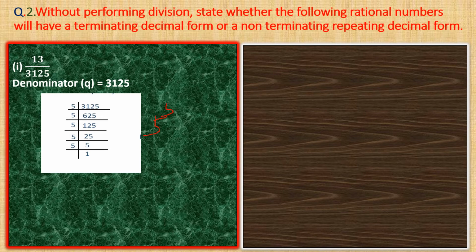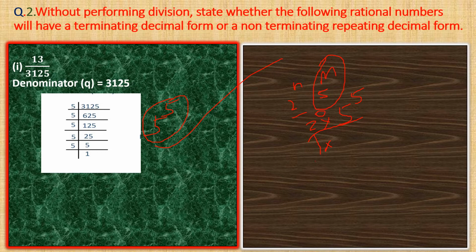So simple children, here it is in the form of 5 power n. Our formula should be 2 power n into 5 power m, or you can write 2 power m into 5 power n also, no issues. But here we have 5 power 5. As there is no 2, I can write 2 power 0, because this 2 power 0 is giving the value 1 only. 1 into any number gives you the same number, right? So 1 into 5 power 5 is also 5 power 5. So instead of 1, I wrote 2 power 0.